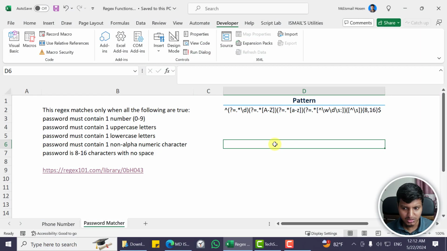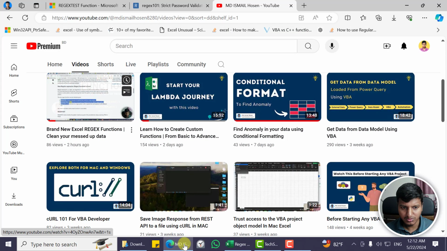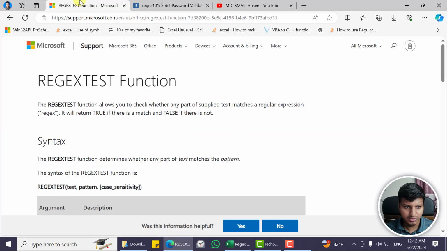In this video, we are going to learn in detail about the REGEXTEST function. I already have one video on these brand new REGEX functions. I would suggest you check out that video before going into this video. So in this video, we are going to learn the details about REGEXTEST and how we can use the REGEXTEST function